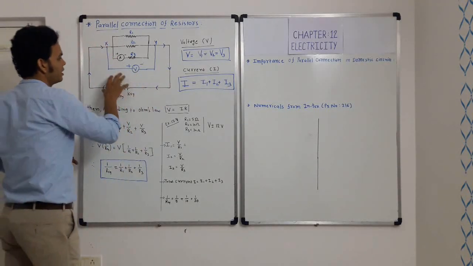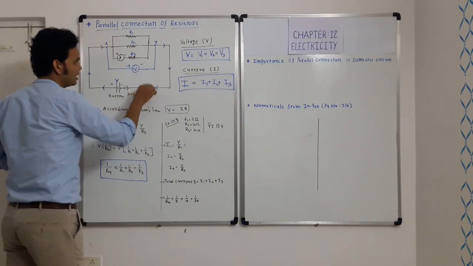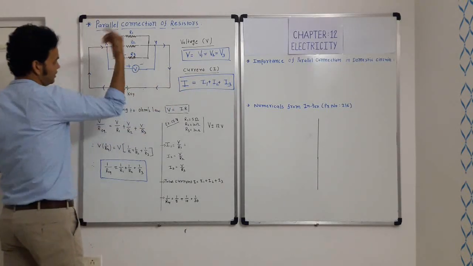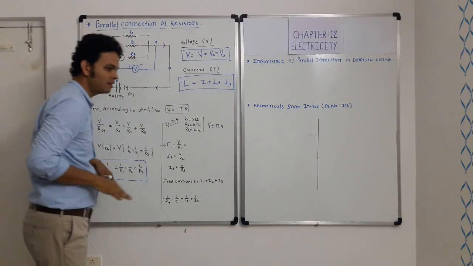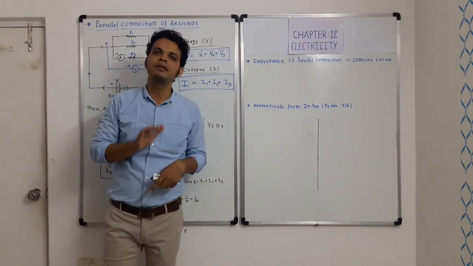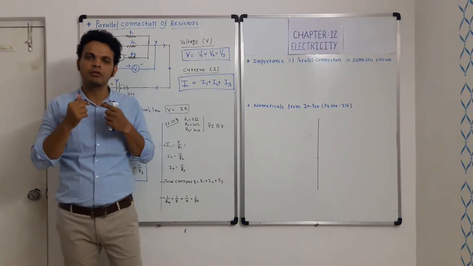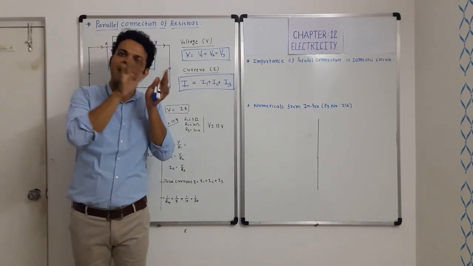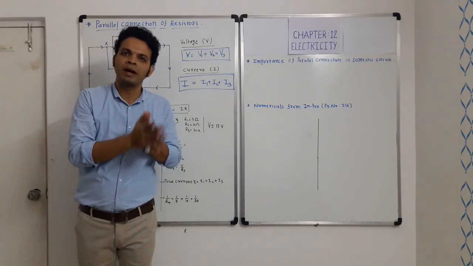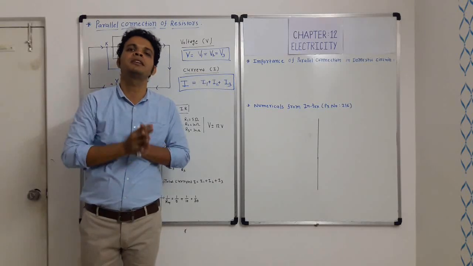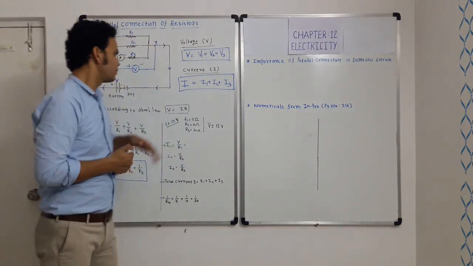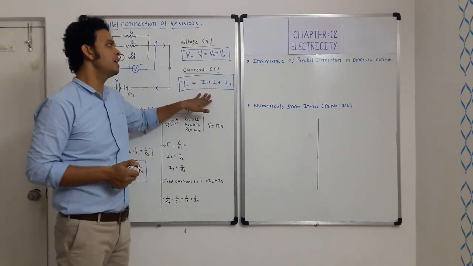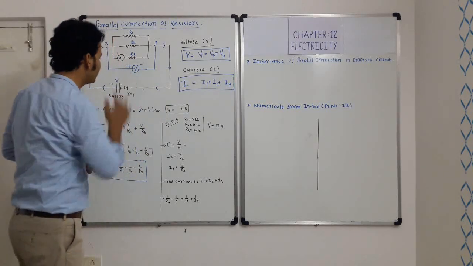Suppose the total current is 6 ampere, which we have measured here, then this is probably 1 ampere, then 2 ampere and 3 ampere. That means the summation of the individual current flowing through each resistance will add up and provide us the total value of the current flowing through the circuit. So from this relationship we will be able to make the equivalent resistance.